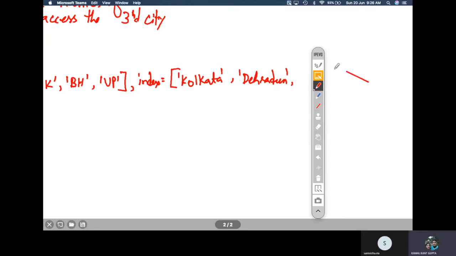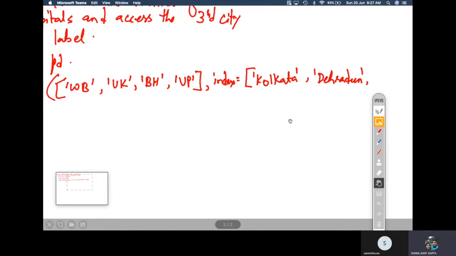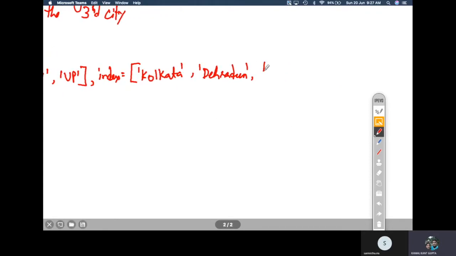And then we have Bihar, and that is Patna, and then we have UP, that is Lucknow.